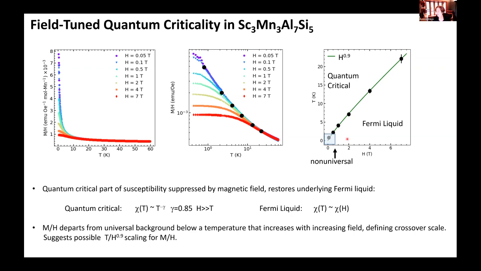And so those data are organized here on the right into a phase diagram. At low field and a full range of temperatures, the true quantum critical behavior of the system. And then if we get to high fields, we see a conventional metallic behavior, the Fermi liquid behavior, where essentially the quantum critical behavior has been suppressed by field.